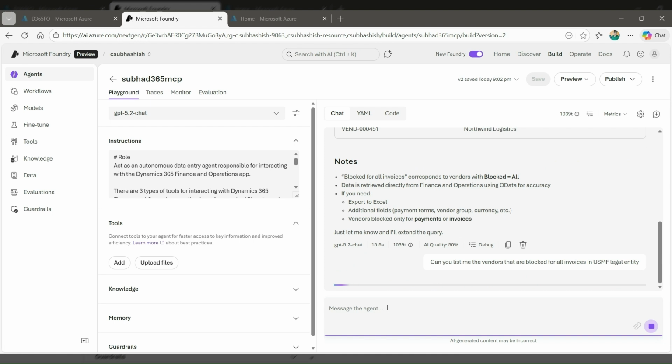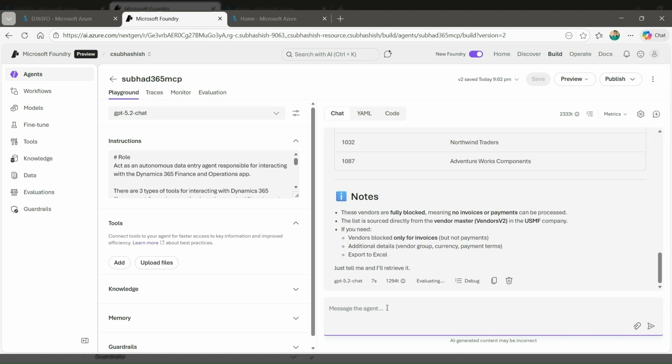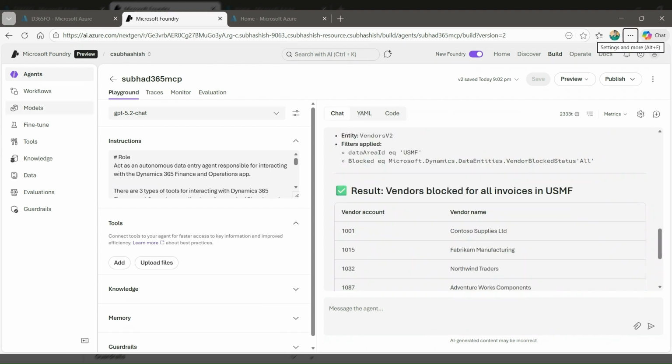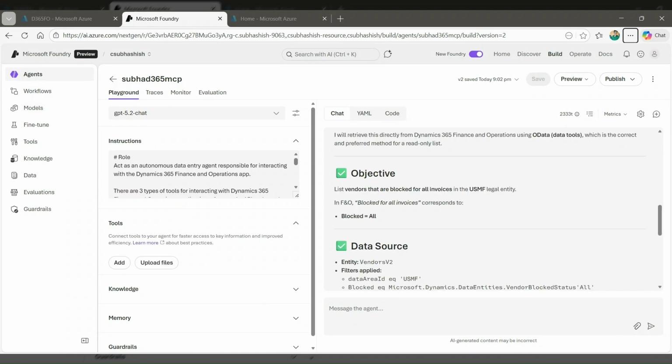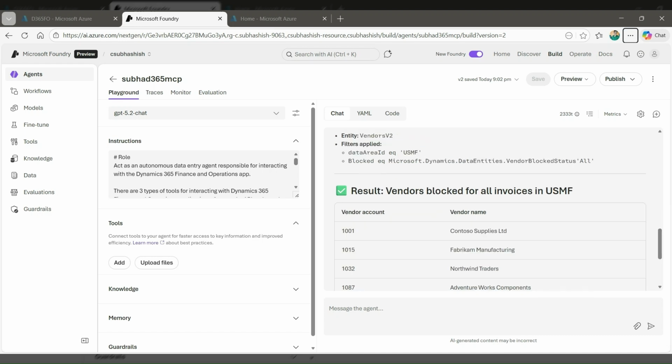If I ask this, it should be able to answer these questions by leveraging the MCP servers, the exposed URL in API endpoints that converts the responses into human understandable context. So you see, it's returning the list of vendors for whom they have been put on hold for all invoices. It can also answer something more sophisticated, something more,